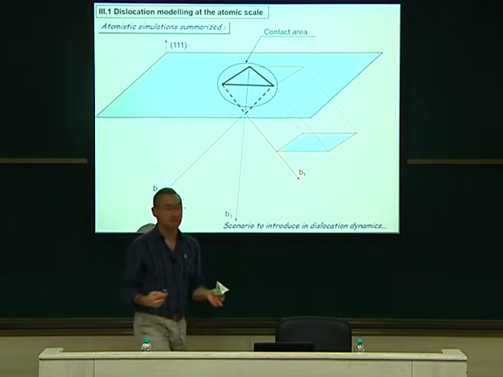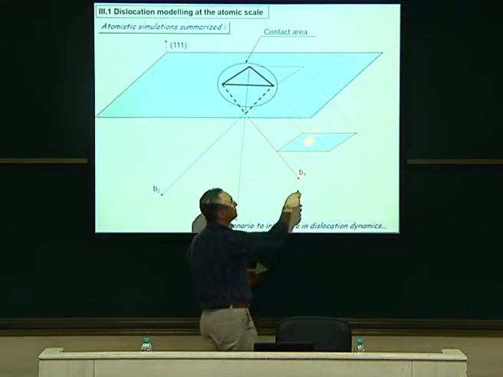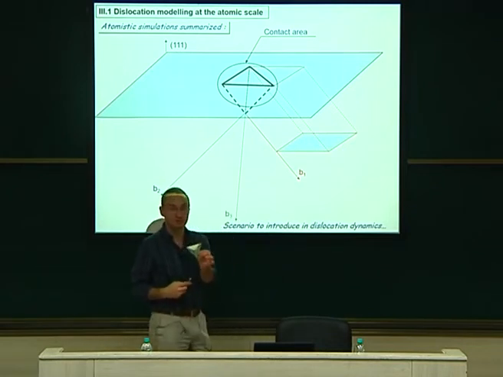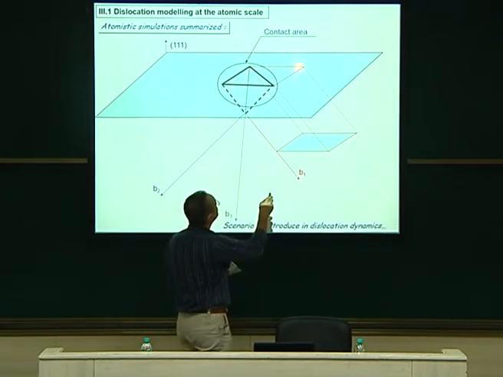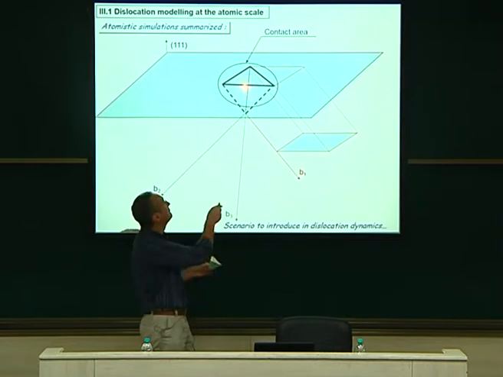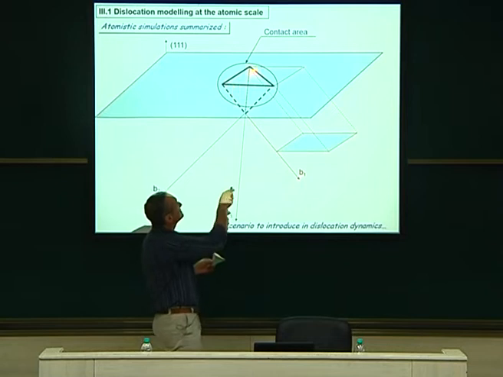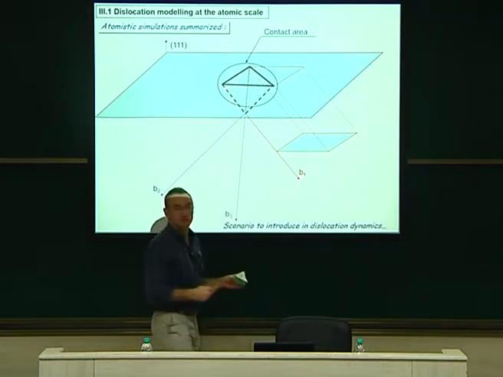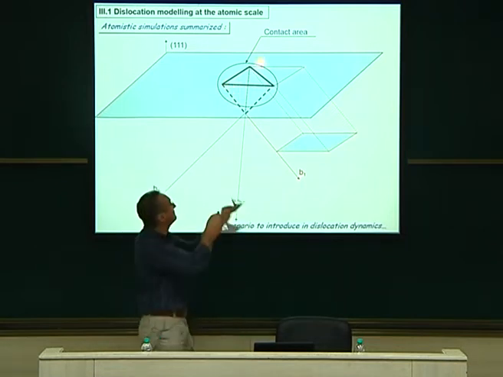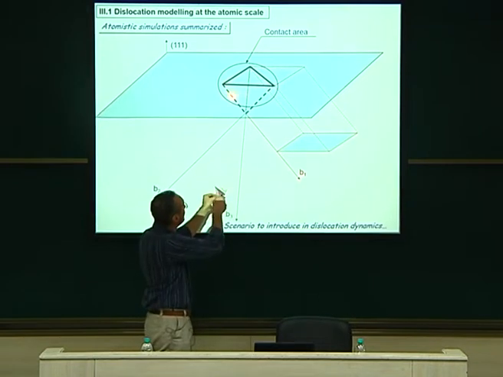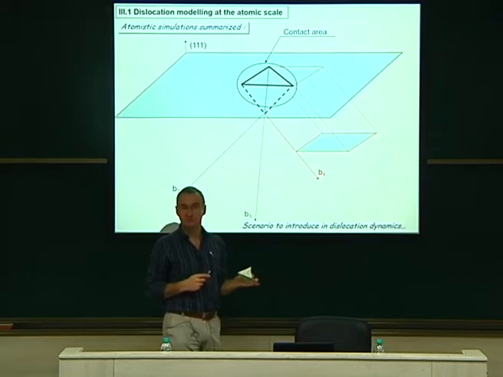So what does it mean? It means that here I have an interstitial loop. You see I put some blue atoms here. These are interstitials. It means that all these atoms are missing at that place. Here you have a vacancy loop. So this is empty, okay? So it means that here you have a punch. Your surface has been deformed, has been punched like that. Here you have a hole, which is this shape, okay?